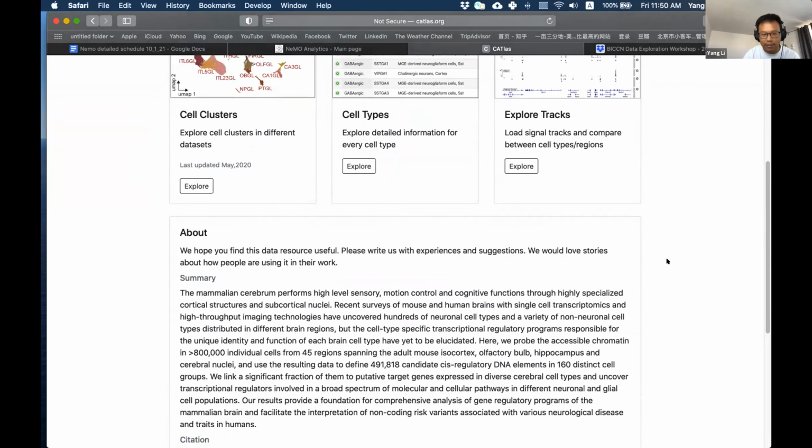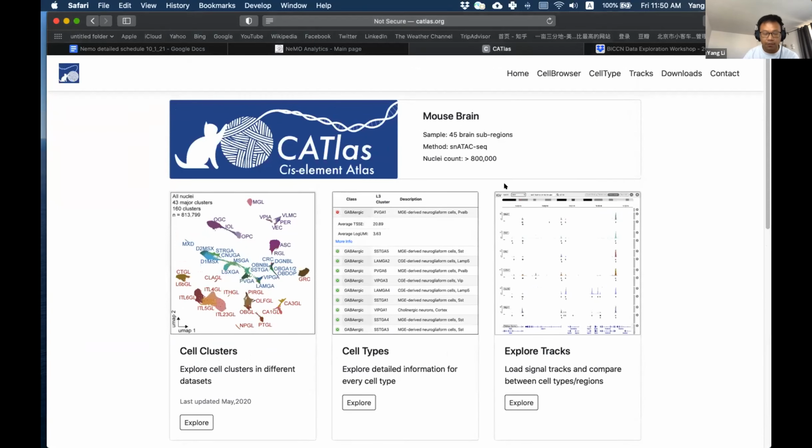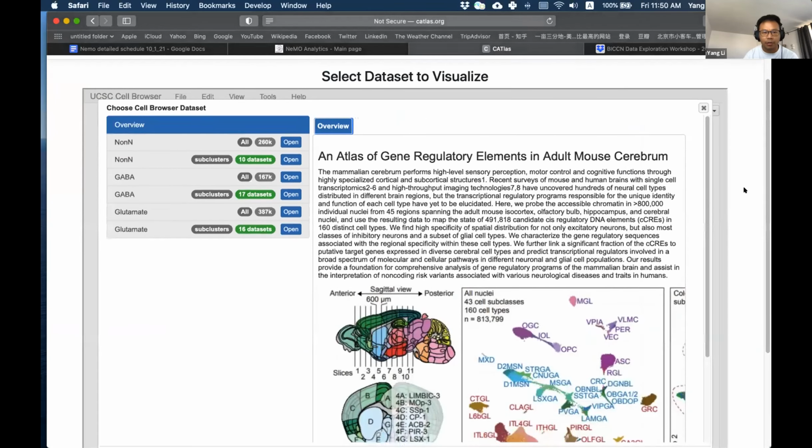And I wanted to thank all the institutes and also the UCSC single cell browser and IGV. So this browser is built on those tools. First of all, let me go to the cell browser. If you click the tab here, the cell browser, it will link you to another page.